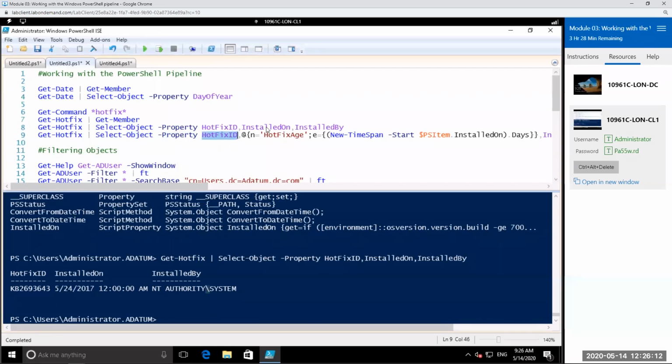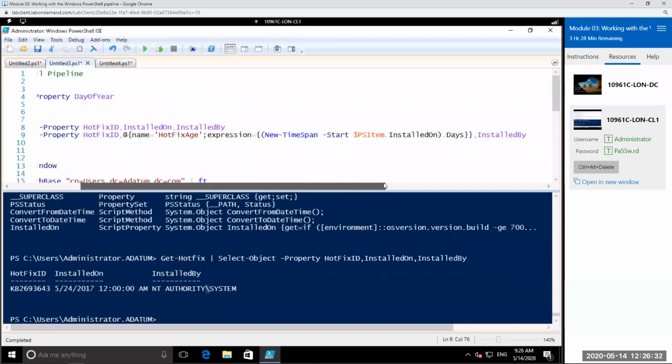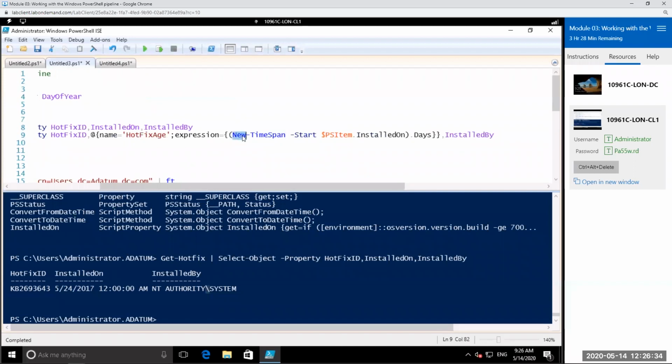However, instead of using the installed on property, what we've created here is an expression and a new property. Now, the name, which is really what that N represents, is that we're creating a new property called hotfixage. The expression that we're using to create this new property is that we're taking a new time span. That time span is going to use the start and the property from what we call the PS item automatic